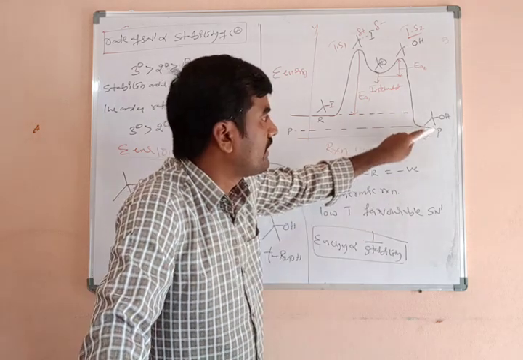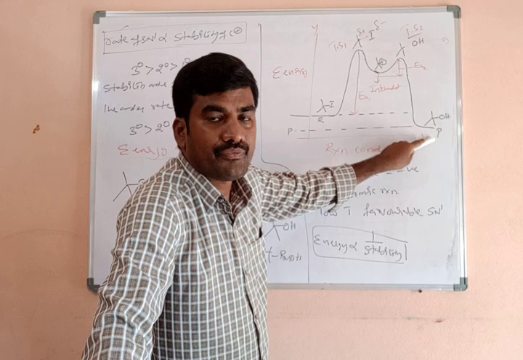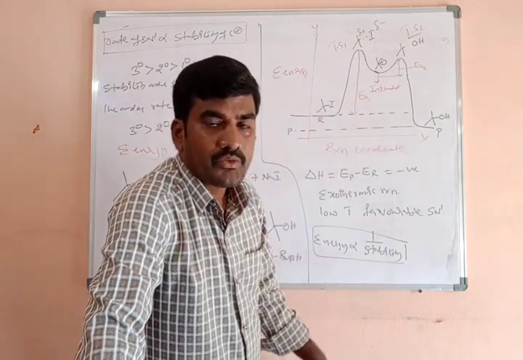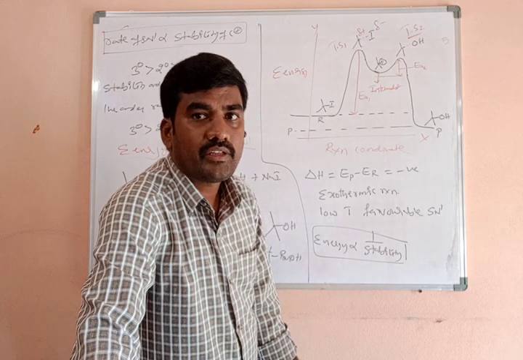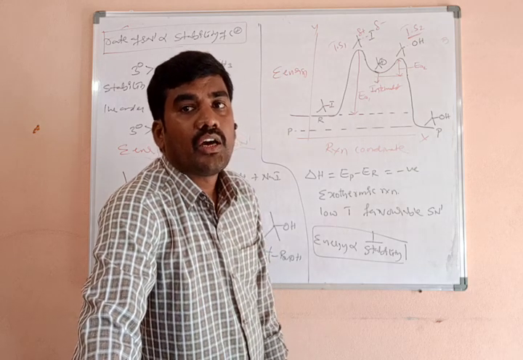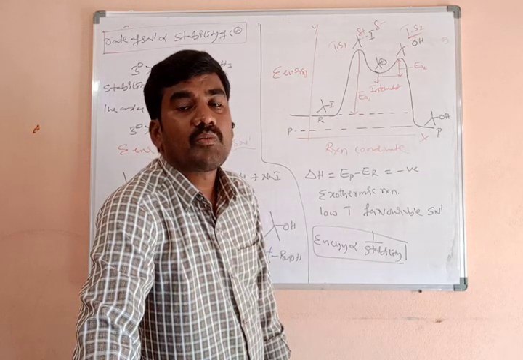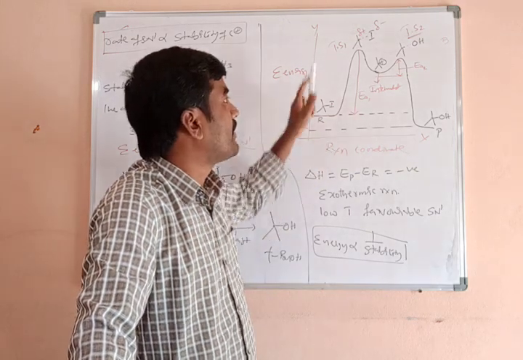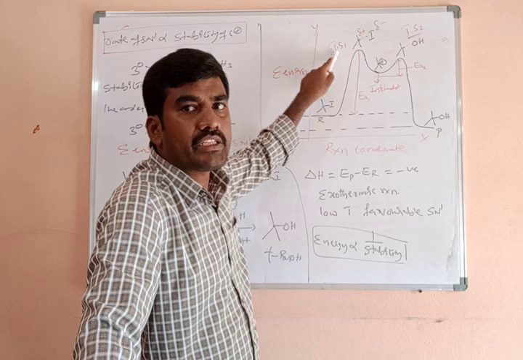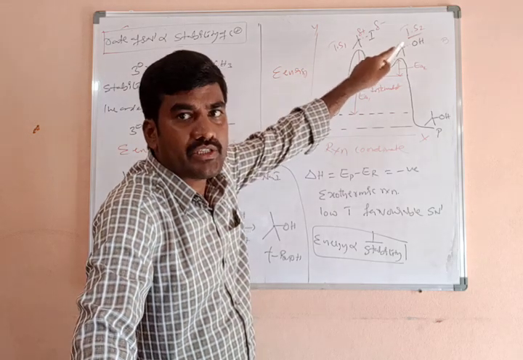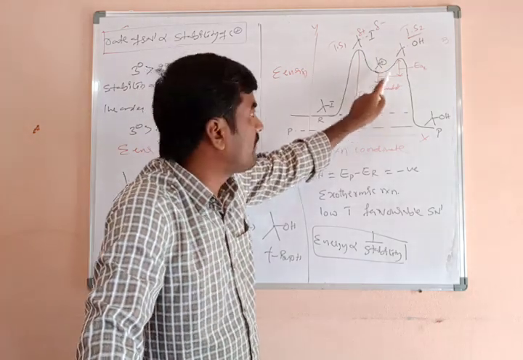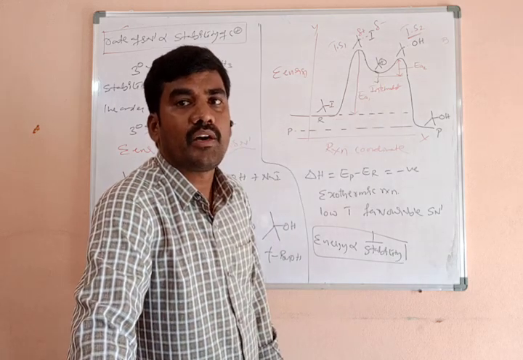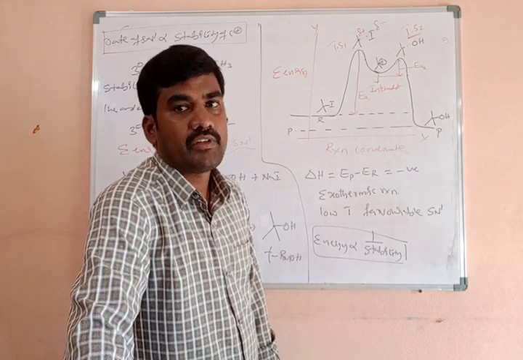At this stage, the final product is obtained. So the energy gap between these two is liberated outside. So it is an exothermic reaction. Exothermic reaction means low temperatures are favorable to the SN1 reaction. Finally, in the SN1 reaction, how many transition states are there? 2. TS1 and TS2, transition state 1 and transition state 2. How many intermediates are there? 1 intermediate. Okay, this is about the energy diagram of the SN1 reaction.